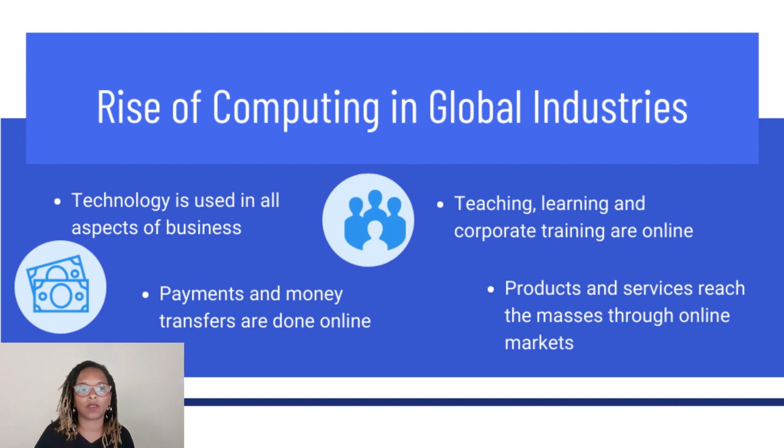So in the rise of computing within organizations, technology is used in order to take payments. Technology is used in order to allow people to receive their electricity, gas and water in their homes, as well as allowing for things like public transportation to work in large environments, let's say like Berlin, Germany, or New York City, New York, where you have subway trains. All these use technology, as well as airplanes.